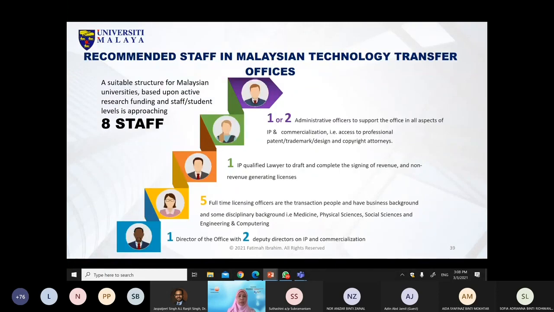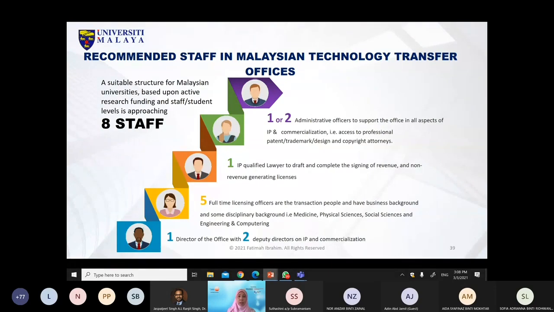So what is our recommendation for staffing in Malaysian technology transfer for those universities that do not have the funding? This is my recommendation: the minimum to have a very good technology transfer office is 8 staff, with 1 director and 2 deputy directors, 1 in charge of the IP and another one for commercialization, and at least 5 full-time licensing officers that are multidisciplinary. One takes care of medicine, physical sciences, social science, and engineering and computing. And you have 1 dedicated